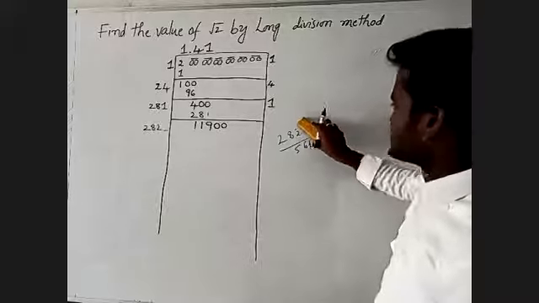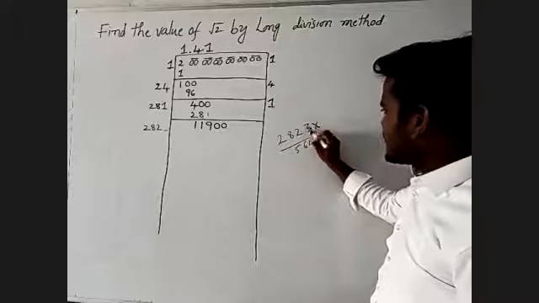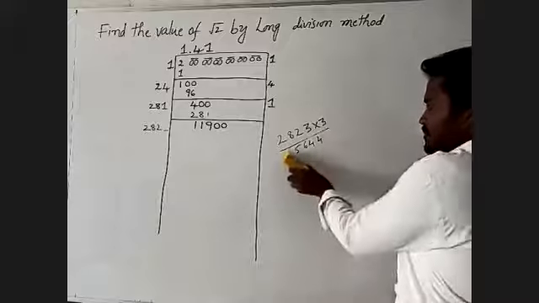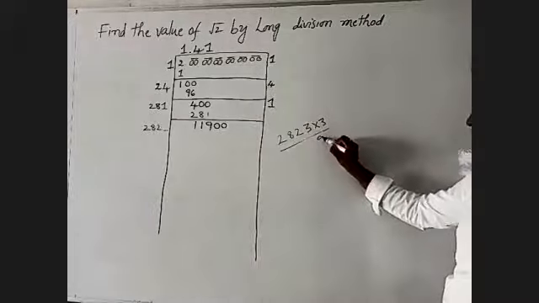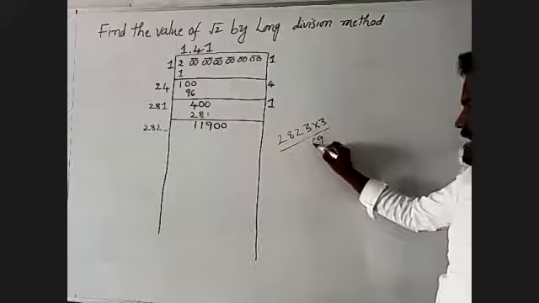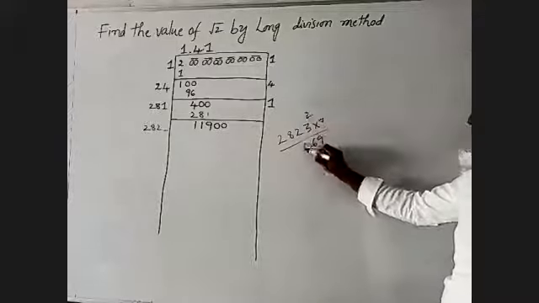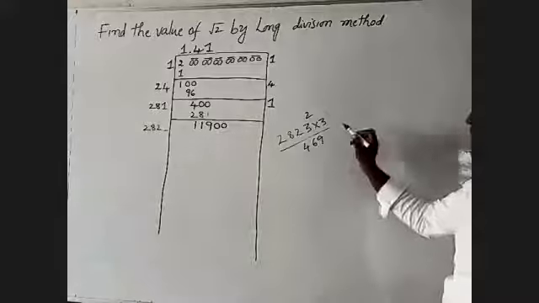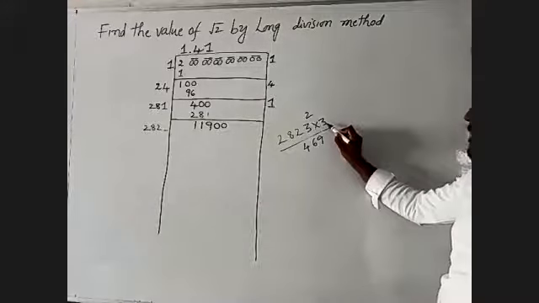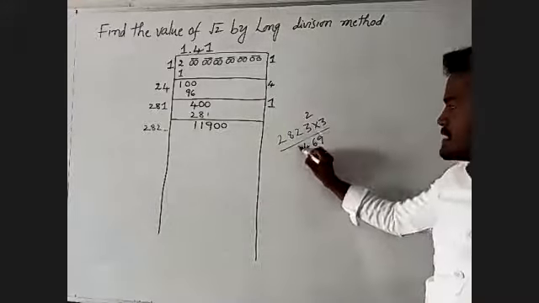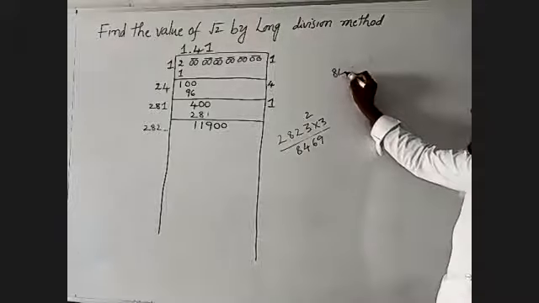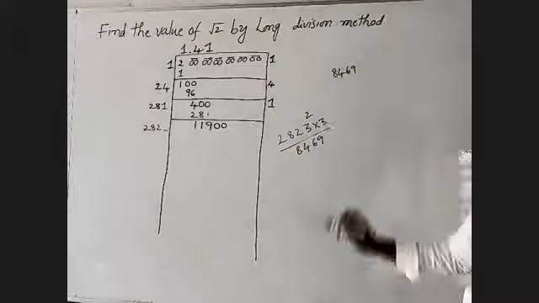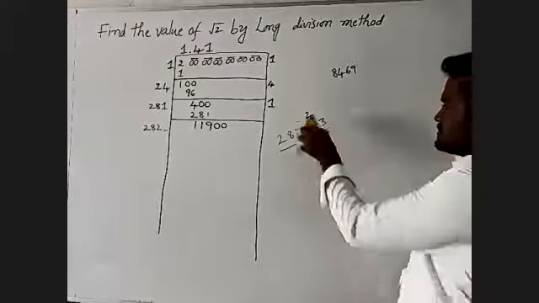The units place becomes 3. The entire number can be multiplied by 3 also. Once again, we have to check it in this one. 3 3's 9. 3 2's 6. 3 8's 24. Again, we have to take 3 2's 6. 6 plus 2 becomes 8. The value is 8469. I will take the next number.